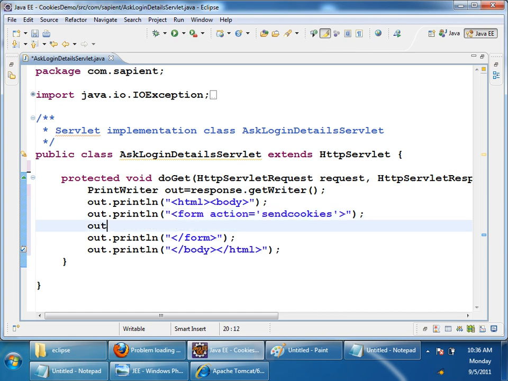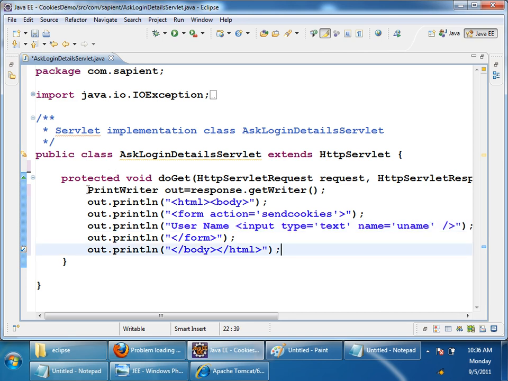Then out.println, username, type is equals to text, name is equals to uname, I'll say. Okay,